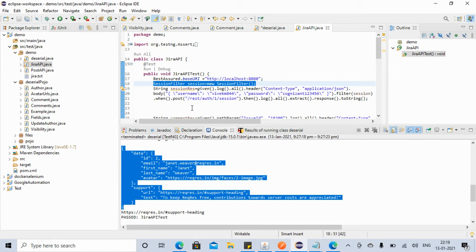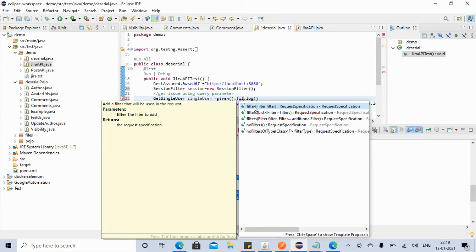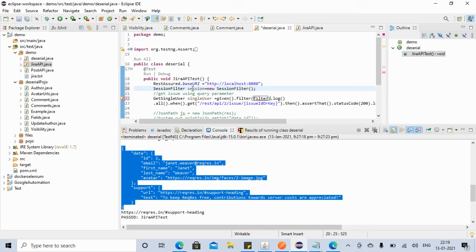And here, once you use the session filter, you have to say it like this: given, log, header, body, and before when you have to say filter, or you can say given dot filter here. Inside the filter, just provide your session.